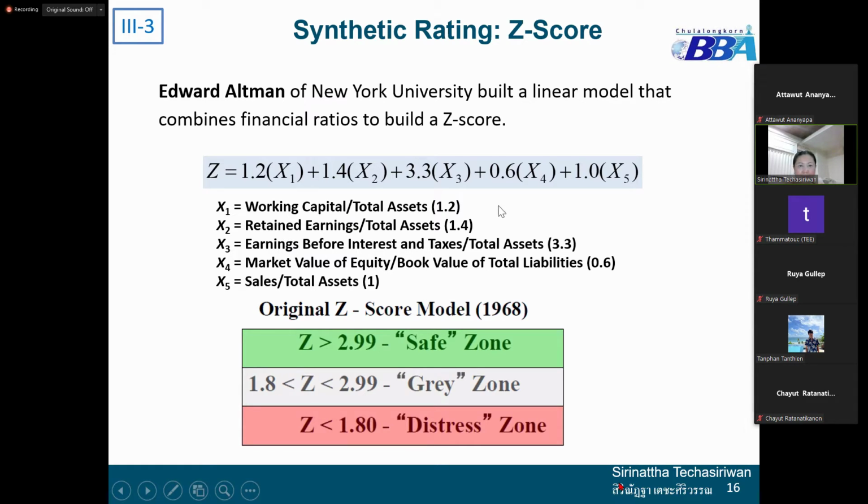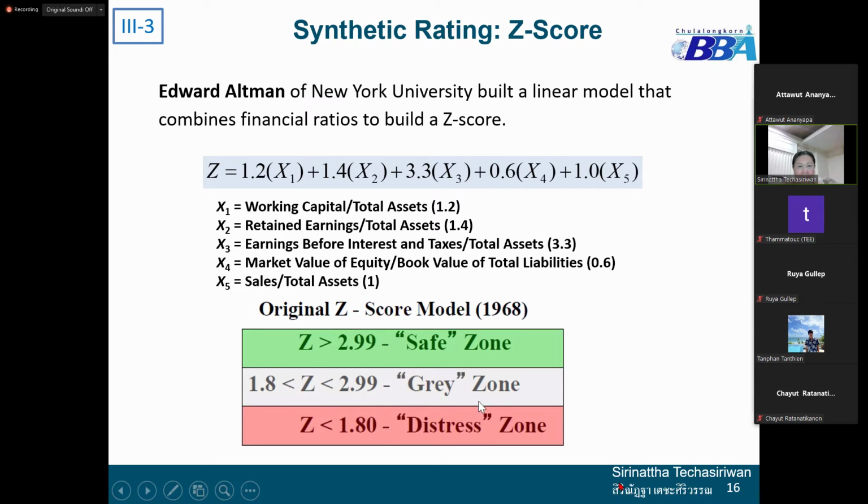Based on this formula, you plug in the ratios and you will have a Z-score. This model was proposed by Altman in 1968, and if the Z-score is higher than 2.99, the firm is in the safe zone,